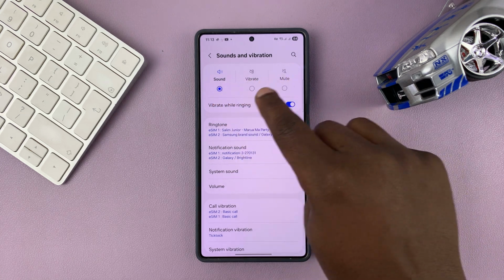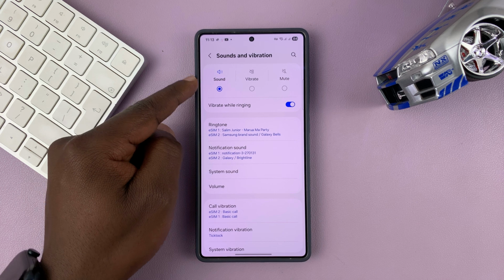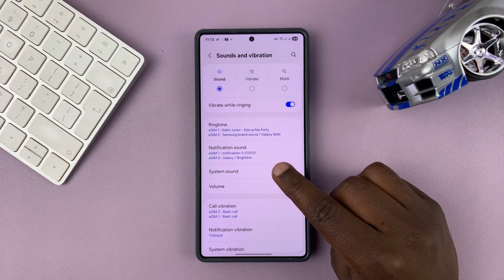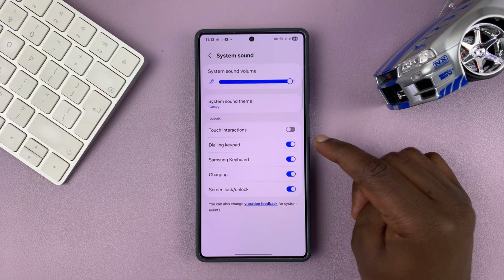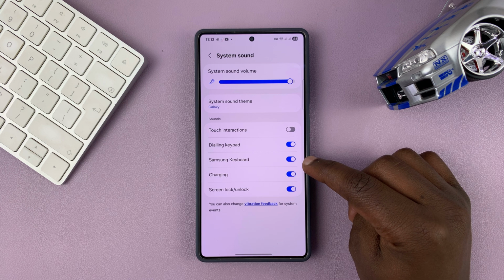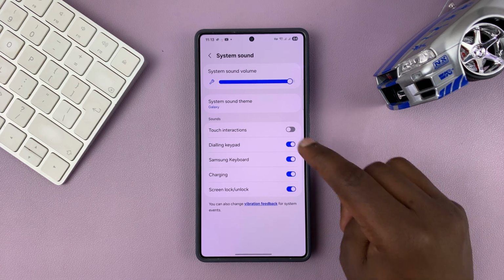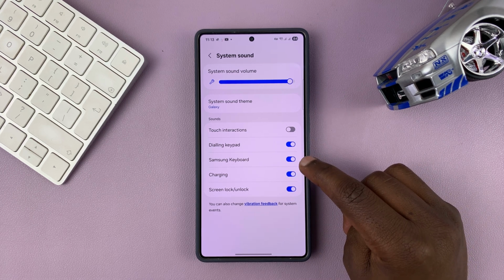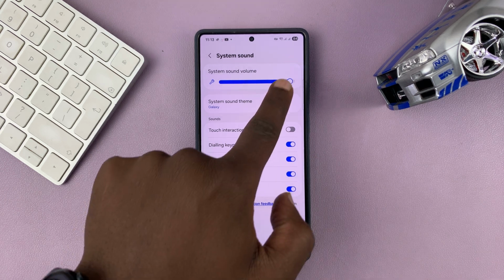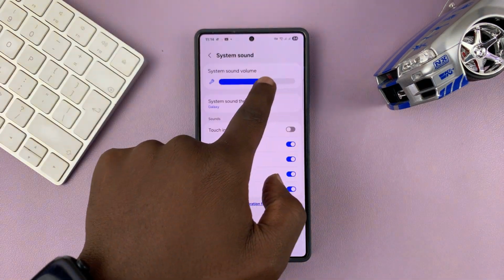is not in either vibrate or mute. Make sure sound is on, and then now you can go to system sound, because the Samsung keyboard sound is among the system sounds. So you can see it's here. So make sure that is on first of all, and then you can use this slider to adjust the system